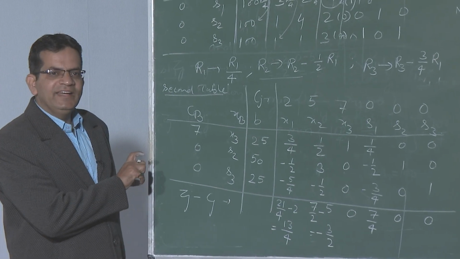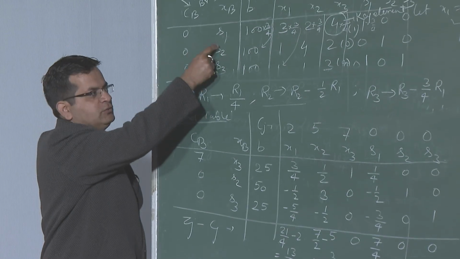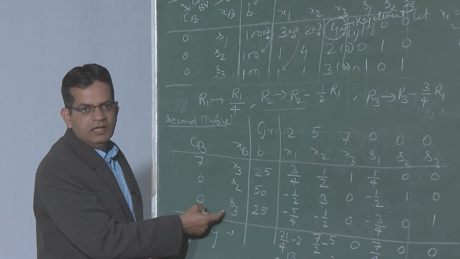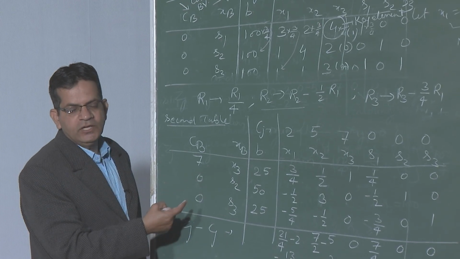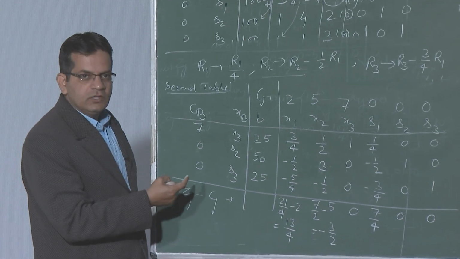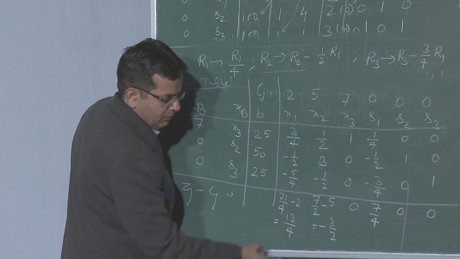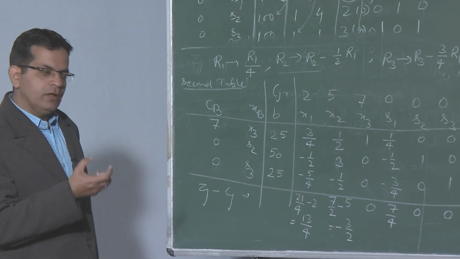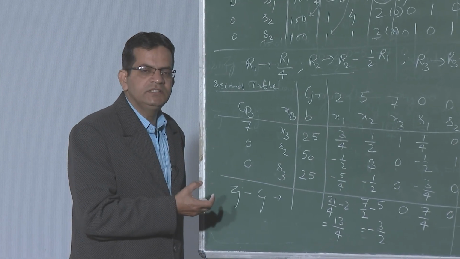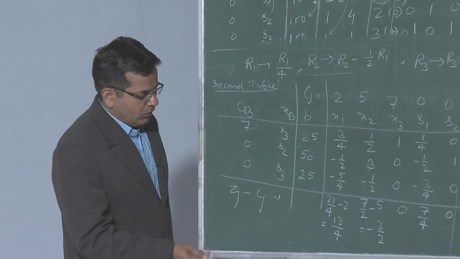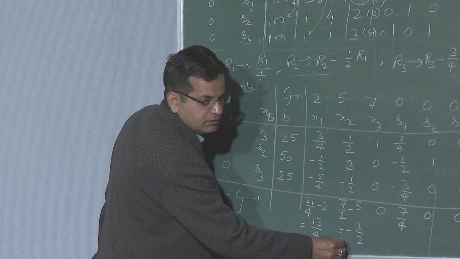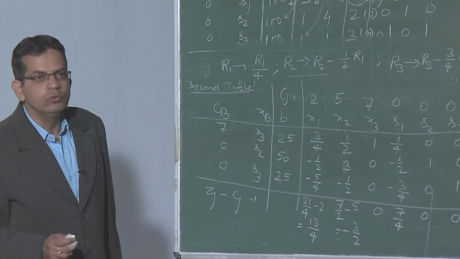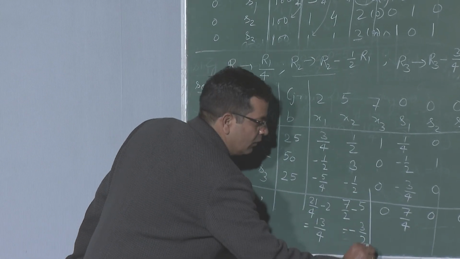Now, we can see in the second table we start from S1, S2, S3, and in the second table we have new basic variables x3, S2 and S3. We have improved the objective function value. Now, we go to the third table, we can see the most negative Zj minus Cj is minus 3 by 2, and we will repeat this process until all Zj minus Cj are greater than or equal to 0. So, here one of the Zj minus Cj is a negative quantity. So, we will select the most negative Zj minus Cj, that is corresponding to x2. So, x2 will be the entering variable,